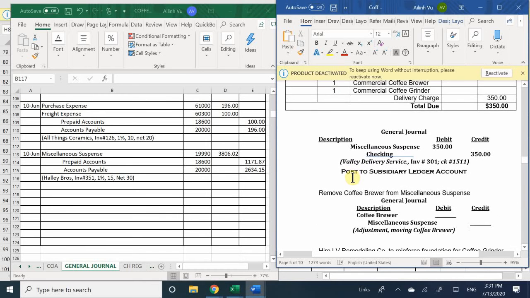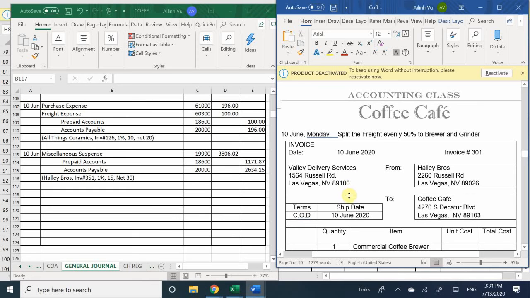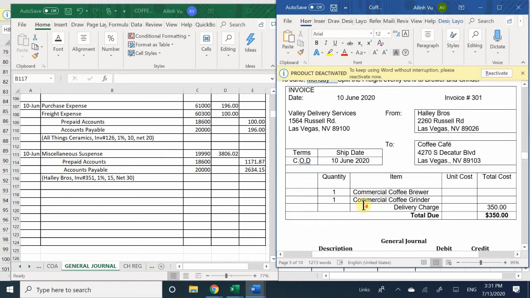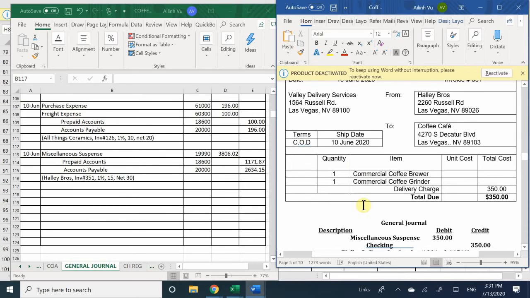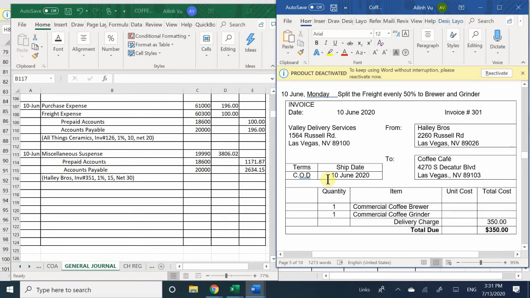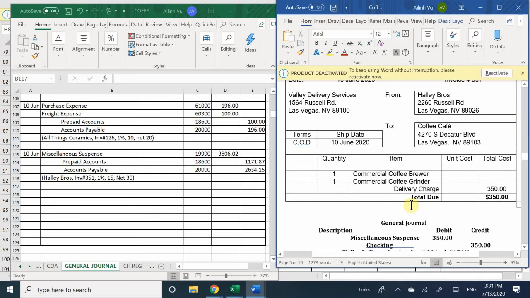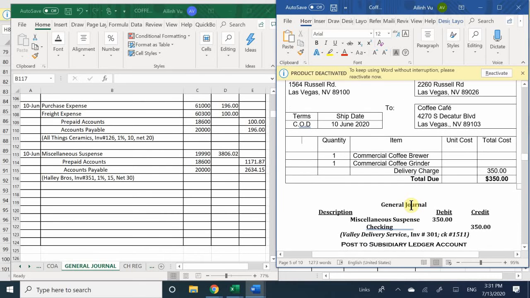Okay. And then lastly, here we have a separate shipping delivery service that was paid to deliver these 2 items for us. So now we need to also add this into our asset because it is part of the asset. So here we're going to write a check because it's COD, so cash on delivery. So they charged us a total of $350 just to have the items sent to our location. Okay, so we're gonna go ahead and indicate that, and we're gonna dump it again into miscellaneous expense just because,